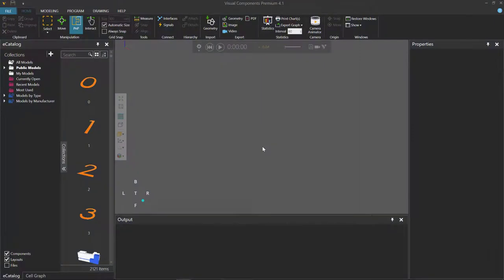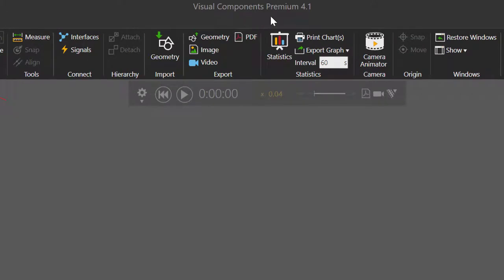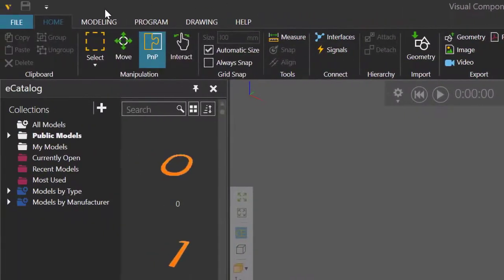In this video, I'm going to show you how to model a mobile robot, also known as an automated guided vehicle or AGV, using Visual Components 4.1. Before you get started, make sure you are using Visual Components Professional or Premium because you need access to the